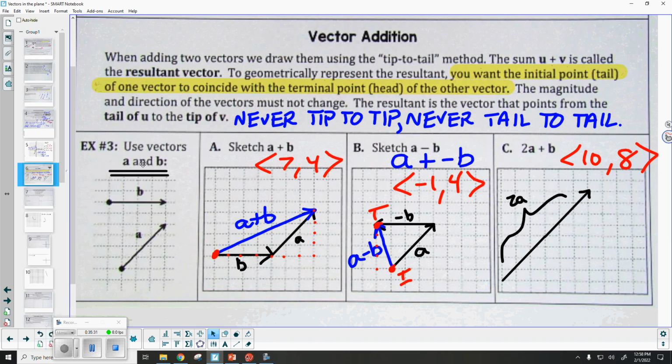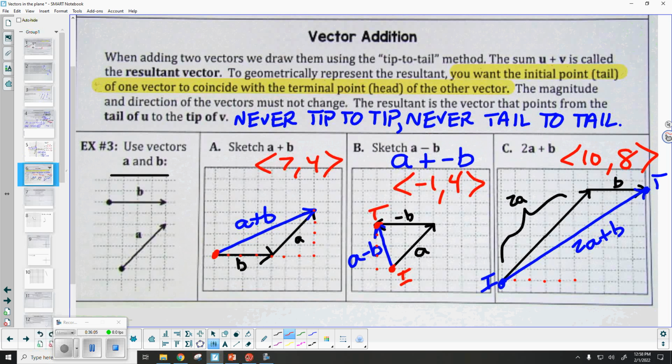So now let's grab a B. It's staying exactly the same, so I'm going to connect them appropriately. Okay, here we go like that. There's B. Okay, remember we refer to this as the triangle method. Here's two sides of the triangle. Drawing the third, that's my resultant. Okay, so here is the initial, excuse me, here's the terminal. This vector that I just drew, that's 2A plus B. Now, starting from here, 1, 2, 3, 4, 5, 6, 7, 8, 9, 10. 1, 2, 3, 4, 5, 6, 7, 8.